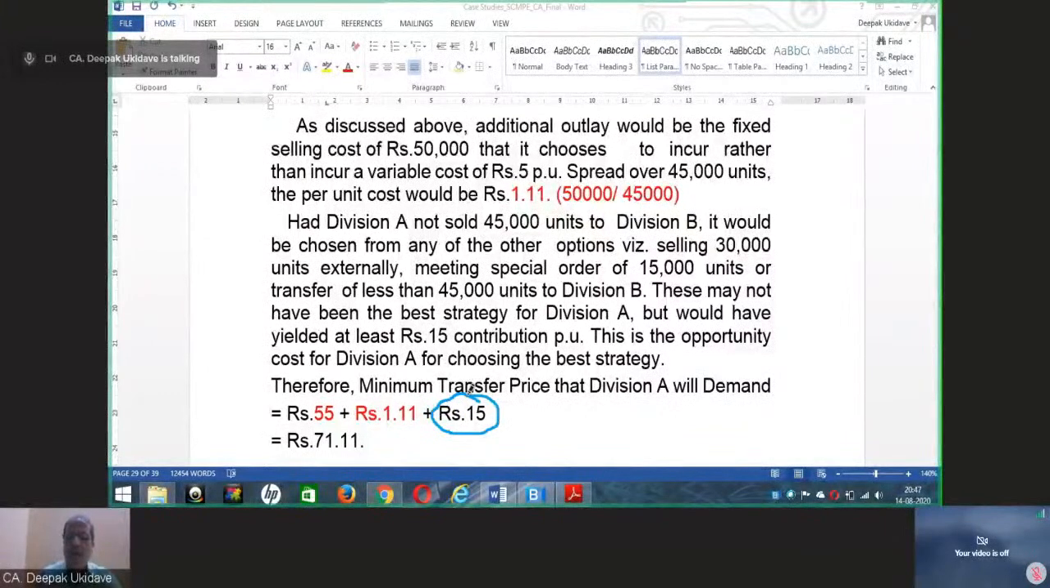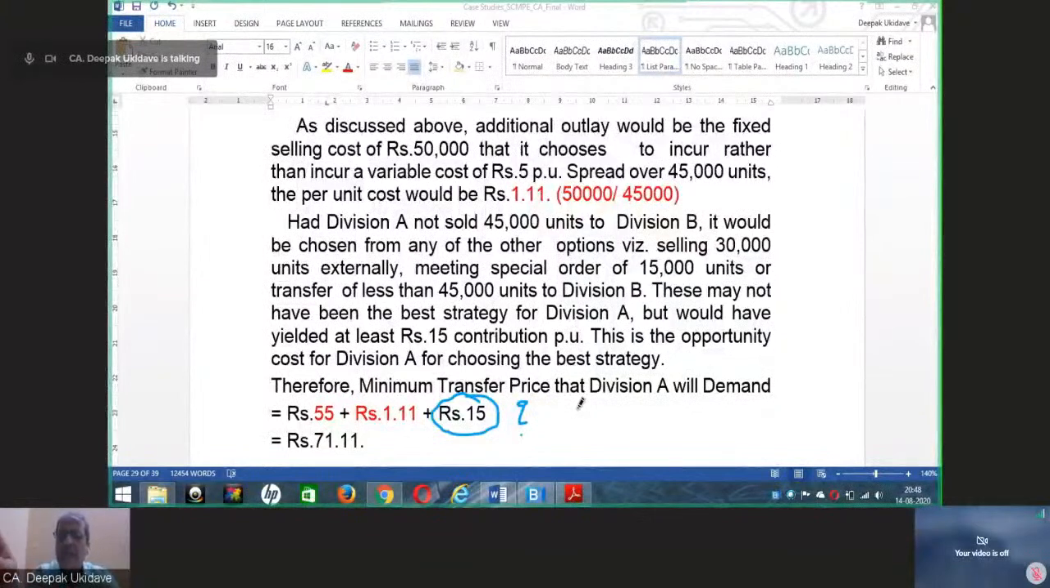Opportunity cost. How did we work out the opportunity cost? That is a question mark. And for this, the discussion is going on. How this opportunity cost has been worked out. We always think in the negative way, the other way. Had this not been sold to division B, what would have happened? Had division A not sold 45,000 units to division B, then it would have chosen from any of the other